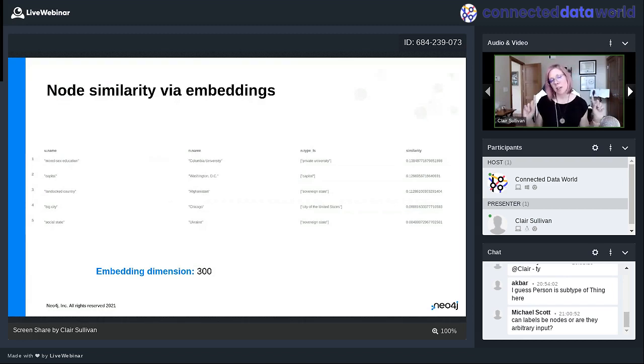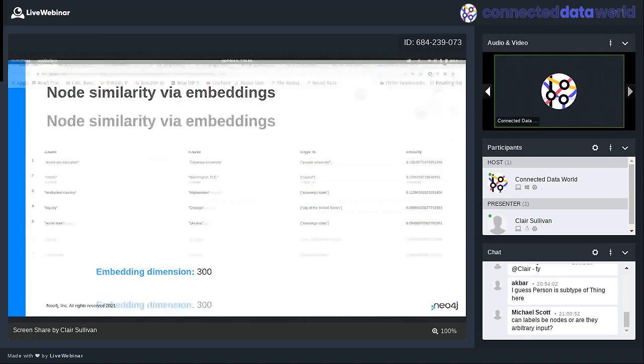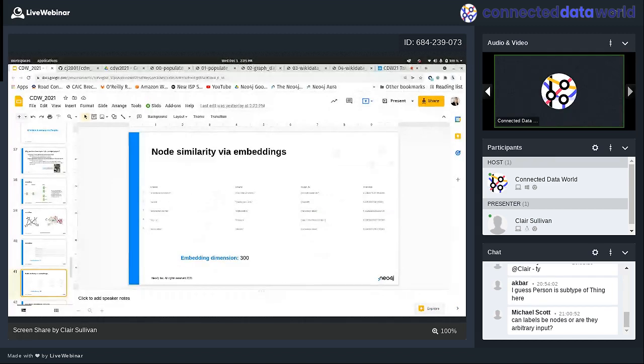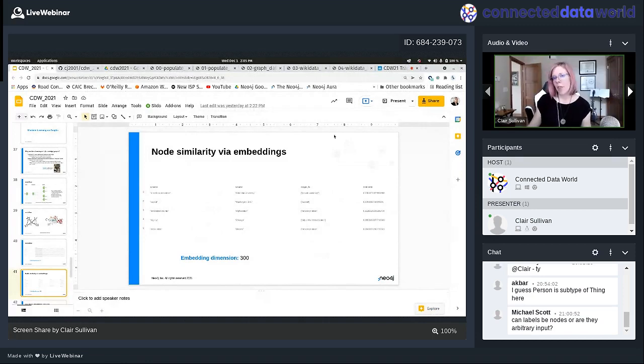I can also take those embeddings. Here, yes, there is a question that should be addressed now. From Michael Scott: can labels be nodes or are they arbitrary input? Okay. Labels specify what the node is. Like Barack Obama is a human. Washington, D.C. is a place. What you're going to see is I start by saying everything is a label type node.